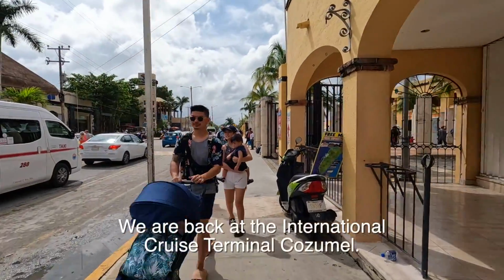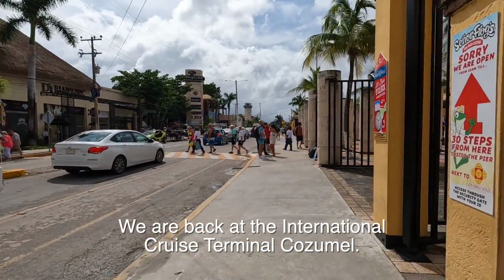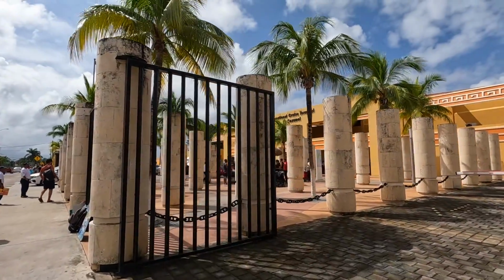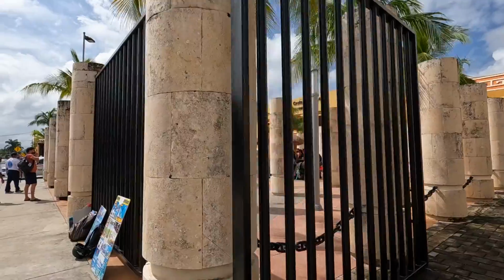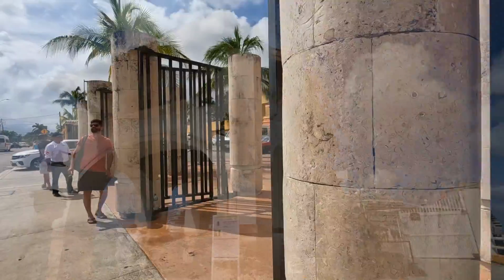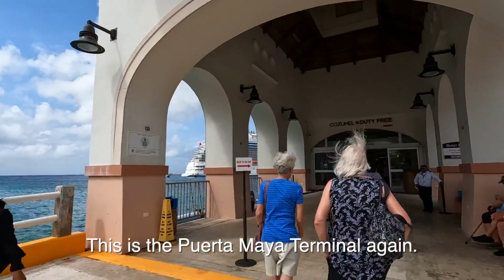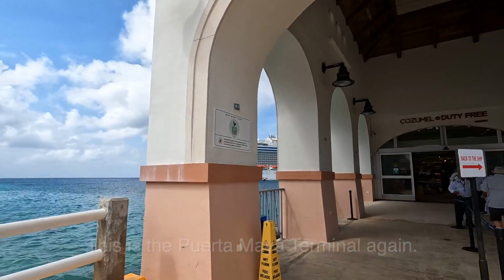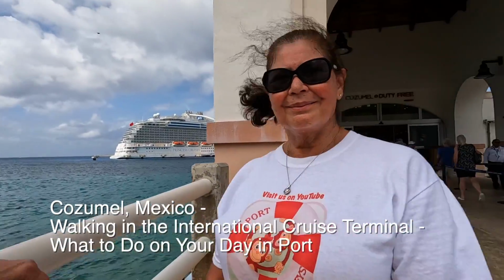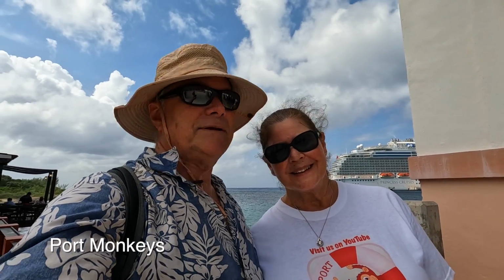So we're back into the thick of it, into the heart of it. And this is the international cruise terminal where Margaritaville was, Senior Frogs was. We're back to the entrance, you know, back to the ship, you might say. There's our ship right there. And so from Cozumel, I'm Janet. I'm Garrett. And we're senior